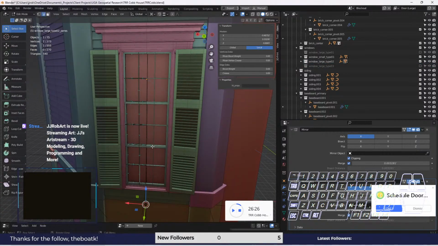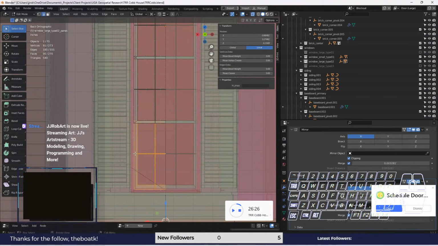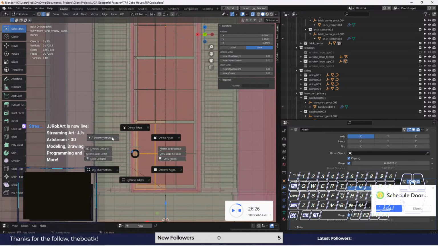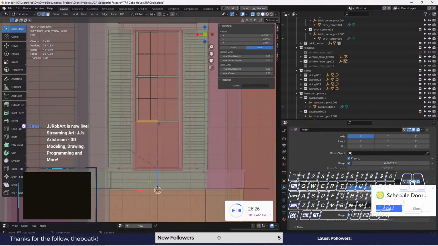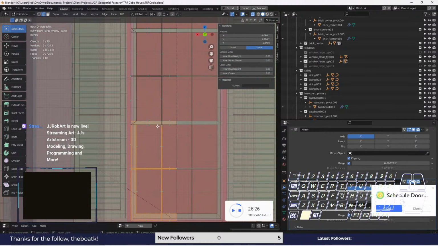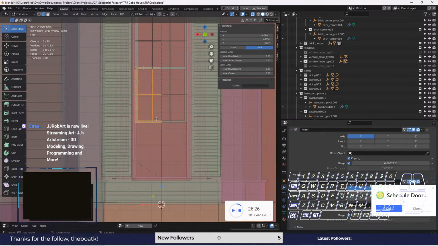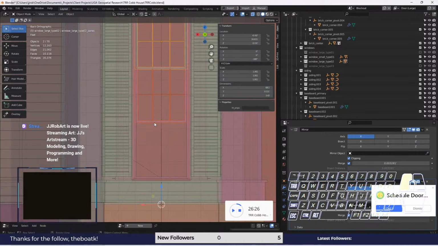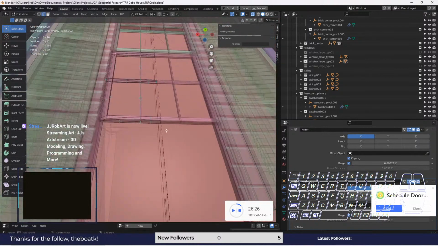So let's grab this, and I'm actually going to select this entire bottom here, delete it, and then grab all of these here. Oh, actually, yeah, let's do that. And tell you what, let's grab these, separate them into their own pane, P, separate selection, so that's its own object. And then I'm probably going to want to go ahead and set my origin point to be right here in the middle,